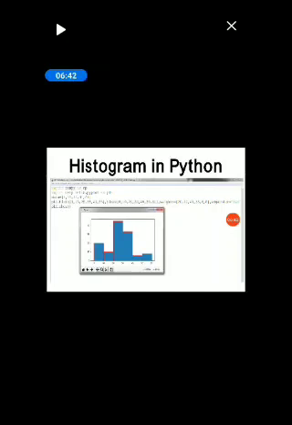Inside the hist function, the parameters are, firstly, the x-axis values, that is 5, 15, 25, 35, 45, 55, which we are giving inside a list. We have set the bins. Bins means the intervals of the bars inside the histogram. So it is 0, 10, 20, 30, 40, 50, 60.